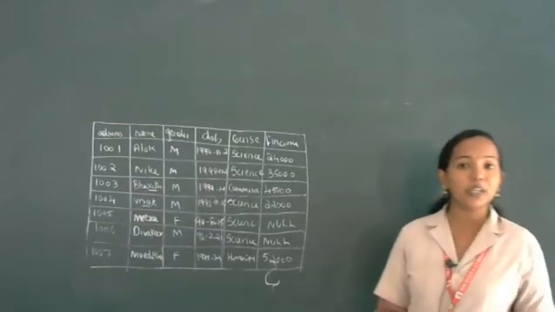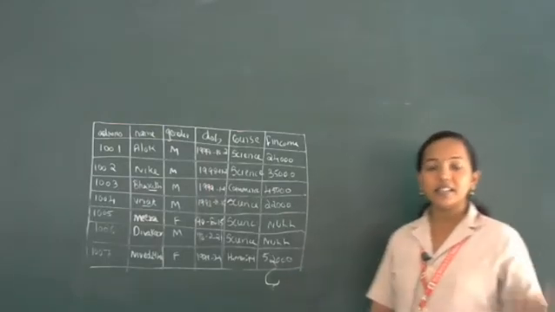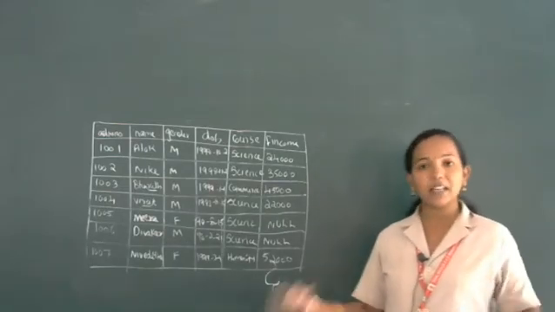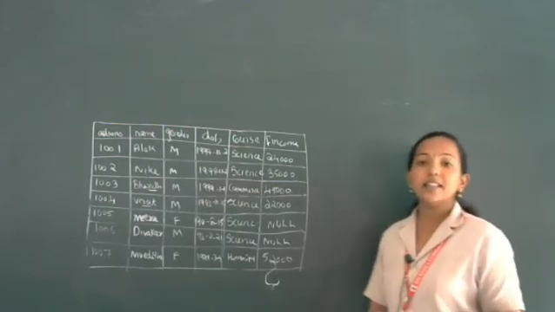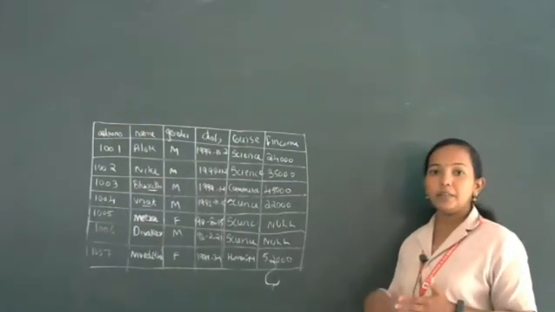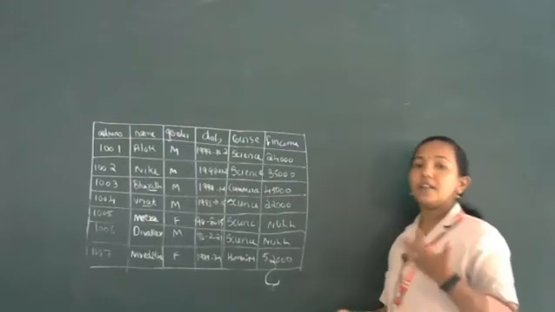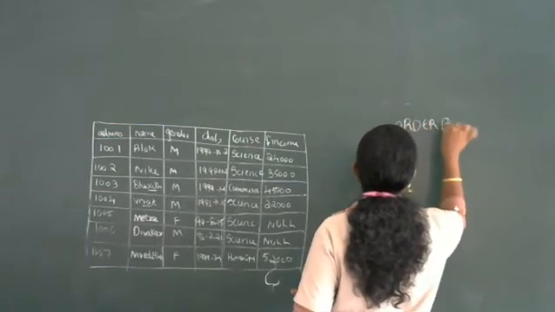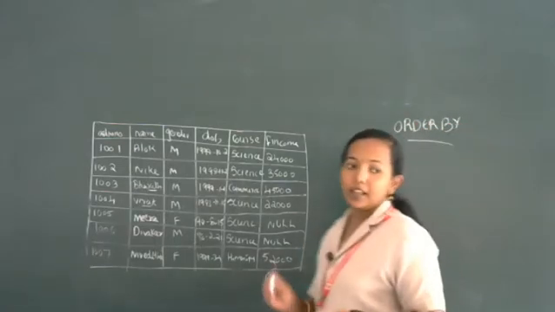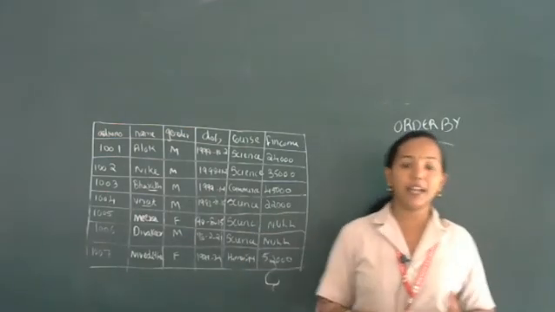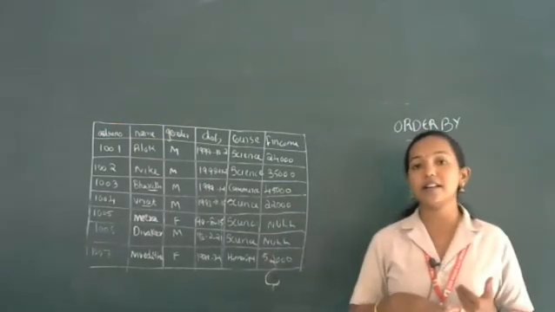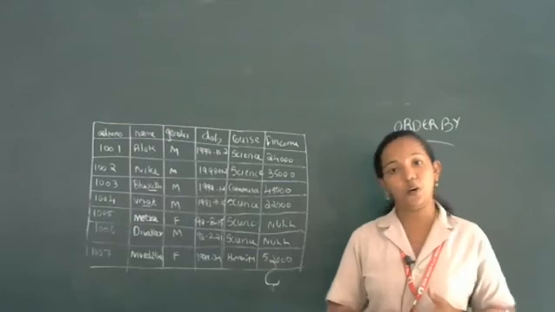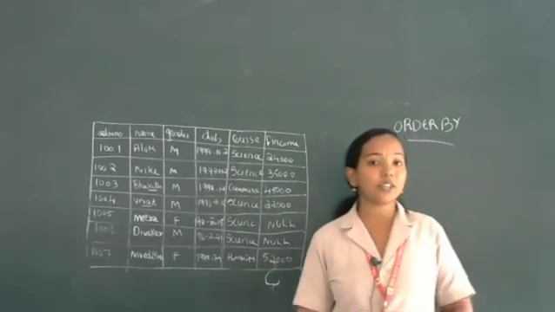When you are inserting values into the table, we insert randomly. We will not check whether it is alphabetically correct or not. Once the insertion is over, we can arrange them using the ORDER BY clause. So what is our first clause? ORDER BY. We can arrange a particular column in order. We can arrange them in ascending order, descending order, or if it is character data, in alphabetical order. Clear?